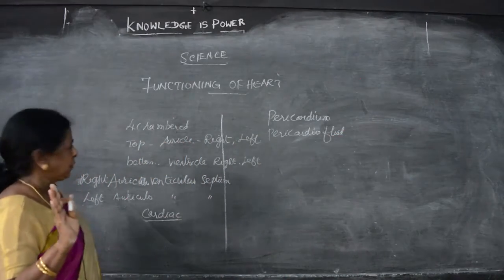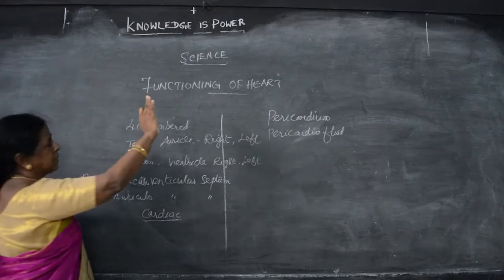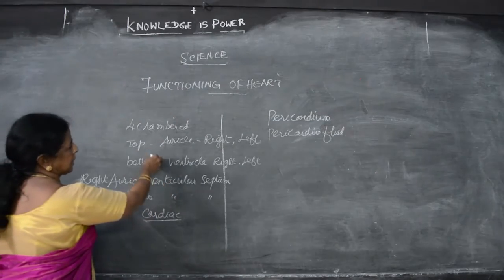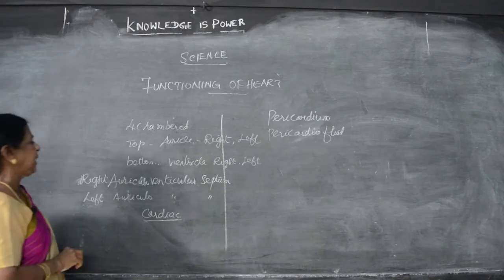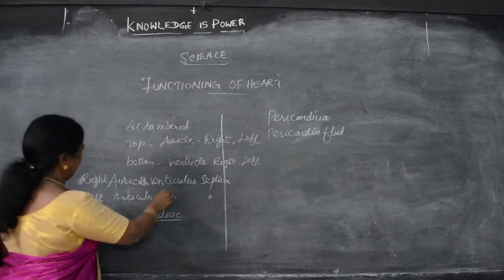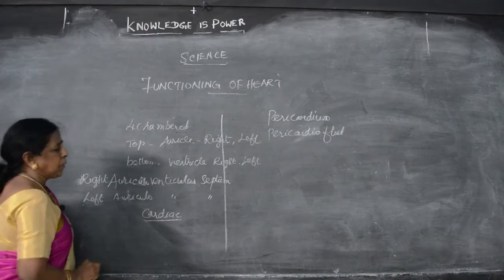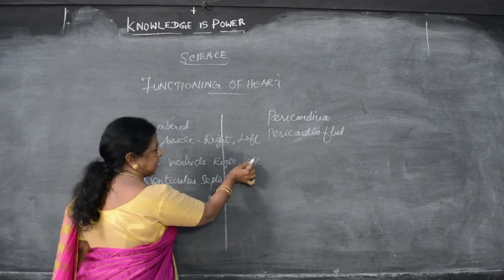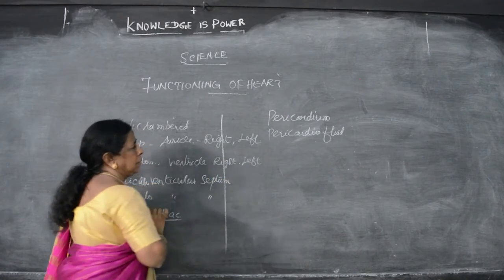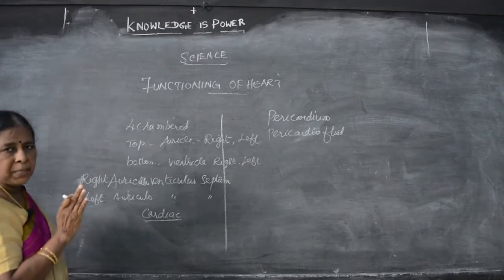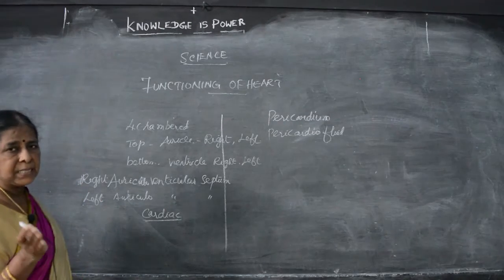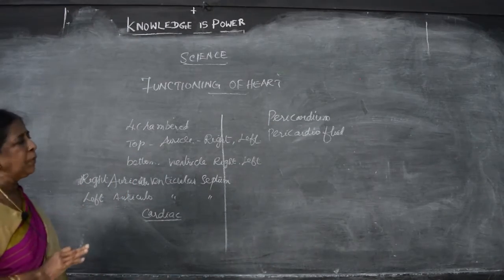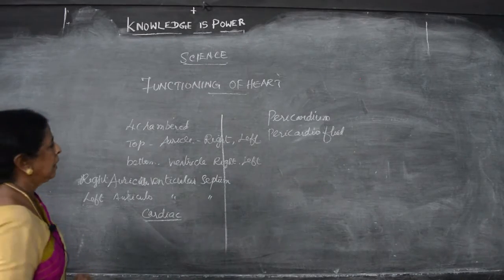So what I said, heart is 4-chambered. The top 2 are the auricles. The bottom 2 are the ventricles. Both the auricles, that is right auricle and left auricle, are separated from the ventricles by the right auriculoventricular septum. The same like the left side is separated by the left auriculoventricular septum. So from the auricle, the blood flows to the ventricle. So oxygenated blood, deoxygenated blood. In other terms we can say pure and impure. It is protected by a cover, that is pericardium. Pericardial fluid is there to avoid the friction of the heart. Clear?